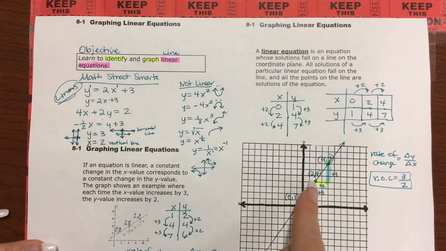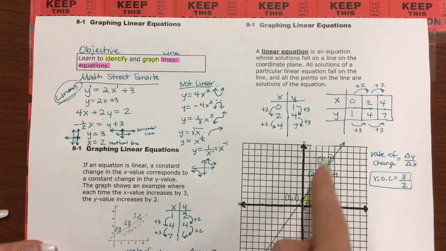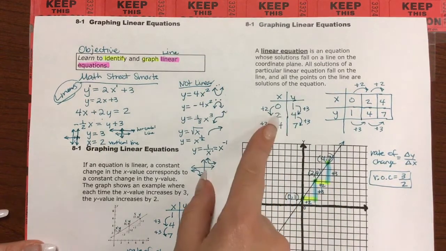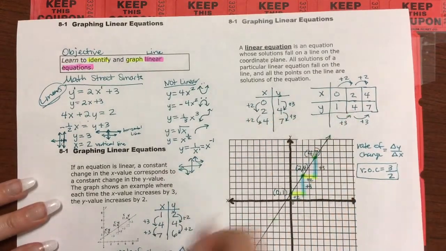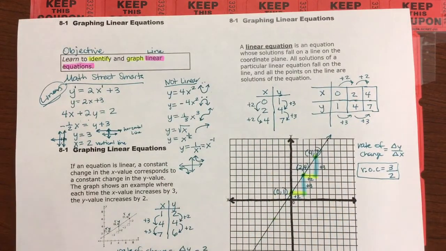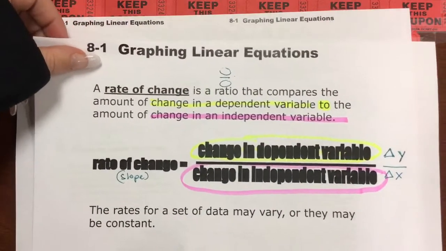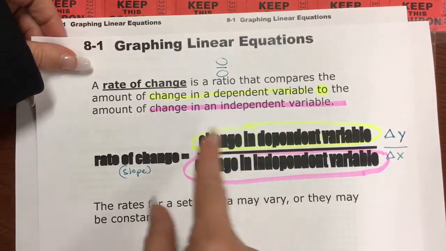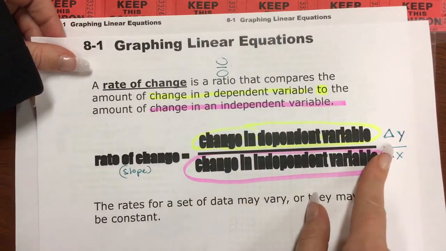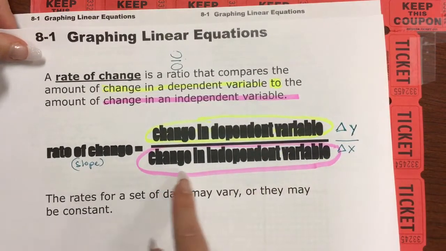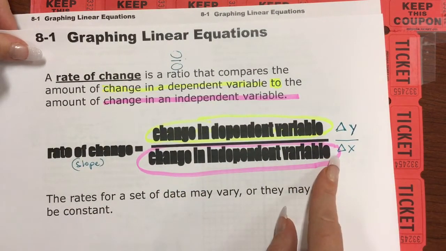And we kind of looked at some solutions and we talked about how we could graph them as ordered pairs, or we could write them in a table, a vertical table or a horizontal table that means the same thing. And then the last thing that we talked about was the rate of change, talking about the change in the dependent variable, which is the same thing as y, over the change in the independent variable, which is the same thing as